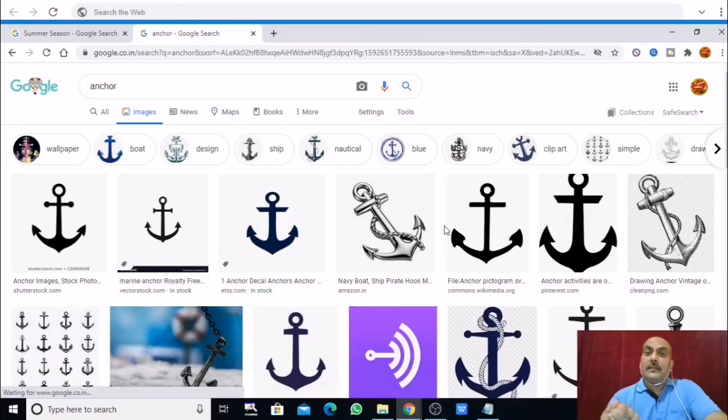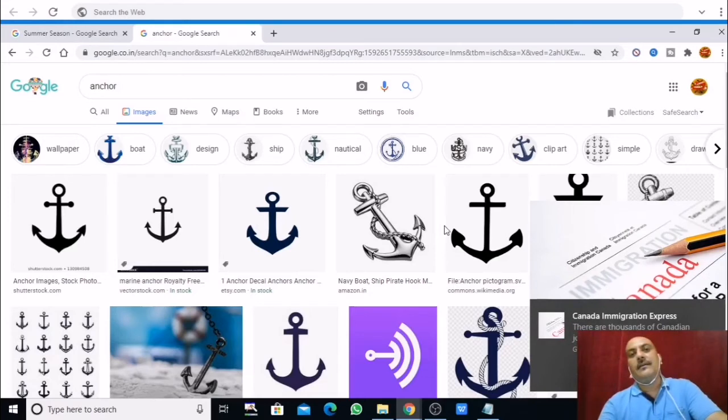It connects one thing to another thing, like a boat or steamer on the seashore, which the anchor holds tightly.